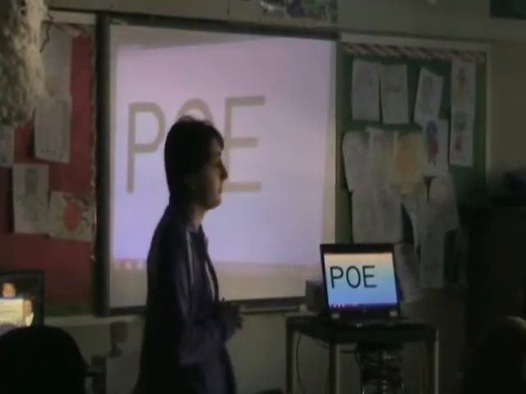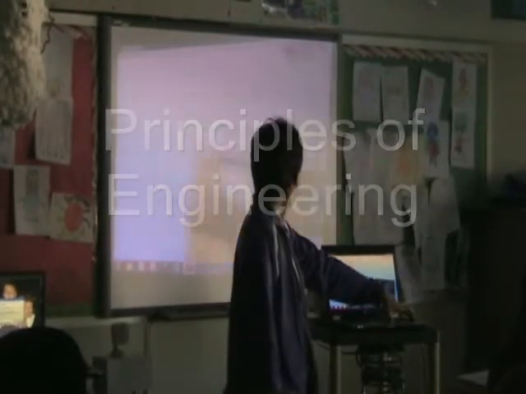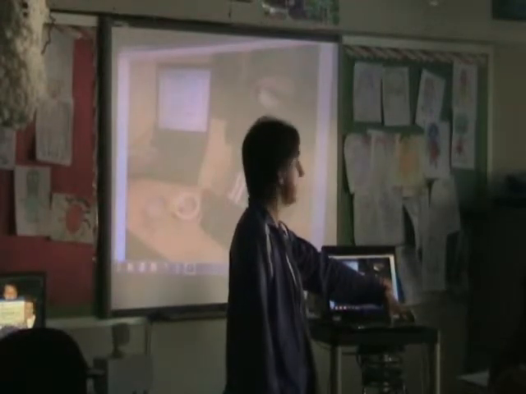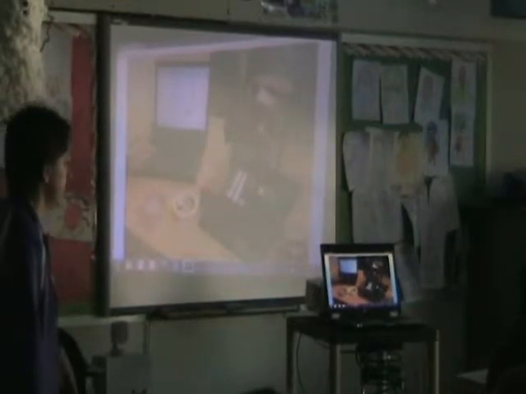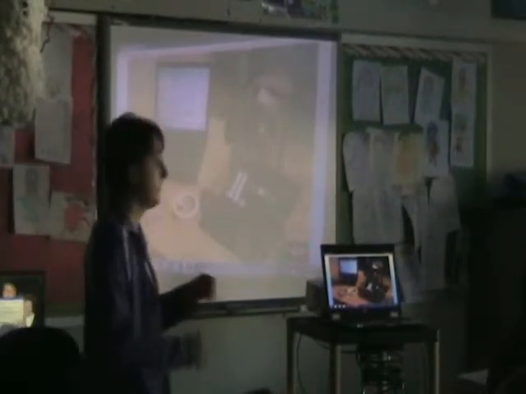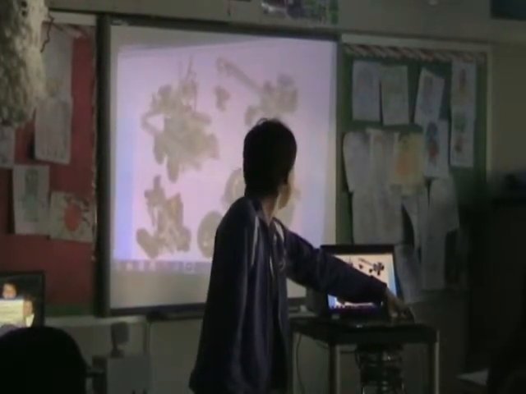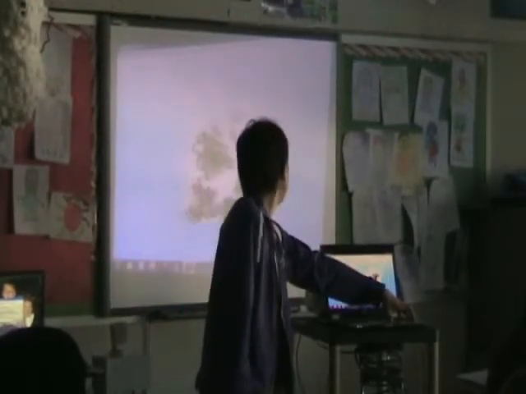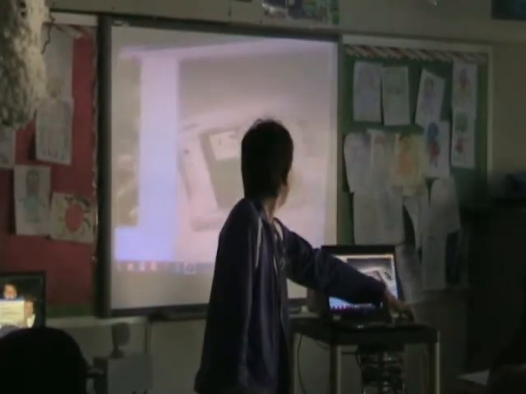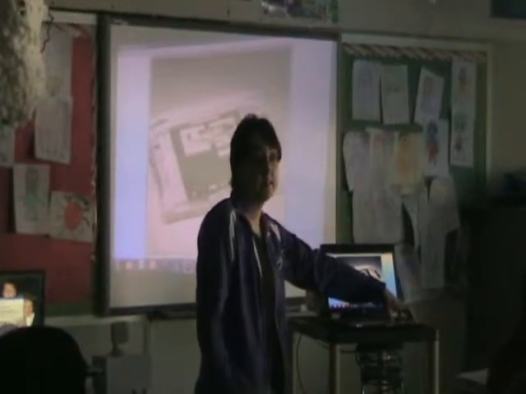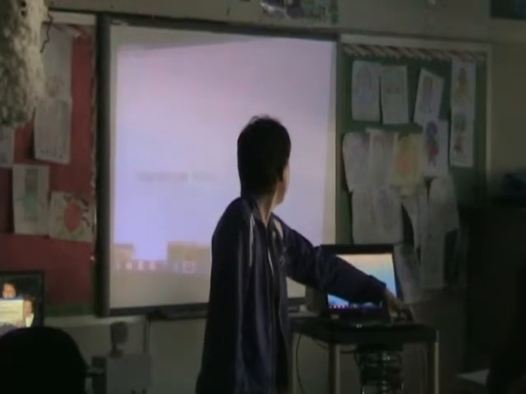The second one is Principles of Engineering, POE, and that's where they do a lot of physics, a lot of hands-on. They're going to be working, this is the old robotics. We just got a new set of robotics this year, and it's called VEX. So it's a lot of working with robots and seeing how they work. These are some of the VEX kits that they do, some of the robots they do with that. Digital electronics is we work with circuit boards and schematics, and you build different things, and we have programmable logic controllers that we are able to program and